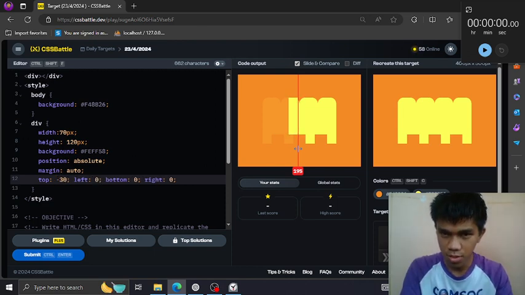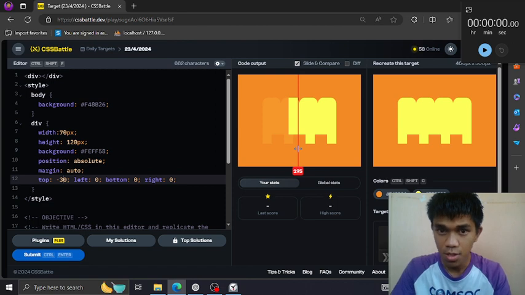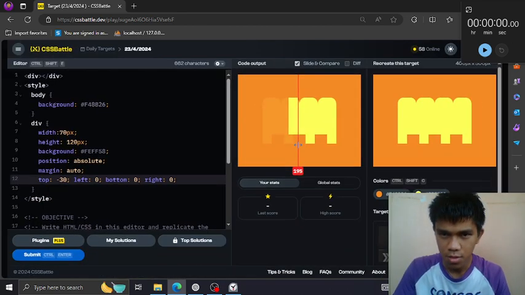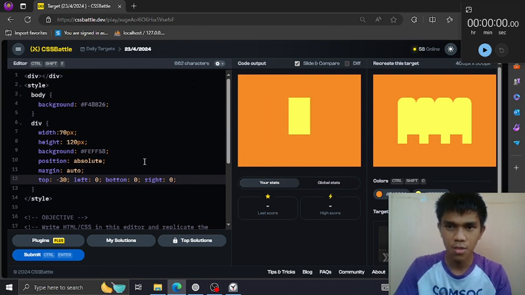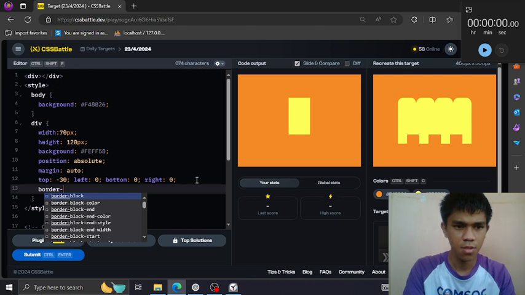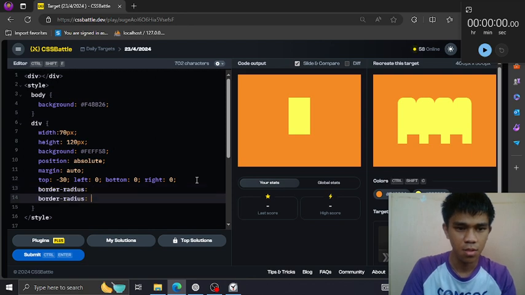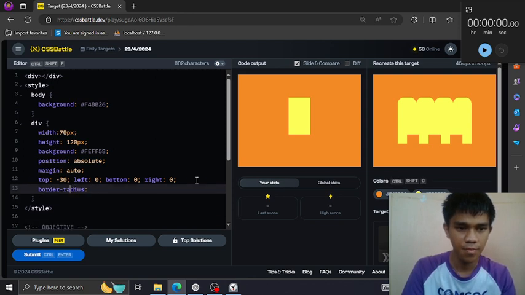Push it to the top like that. This and a border. For border top and left, top left and top right.